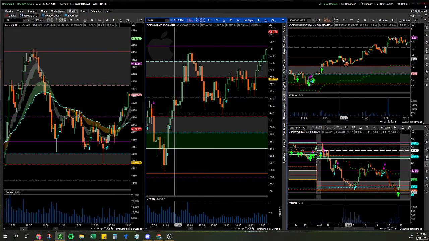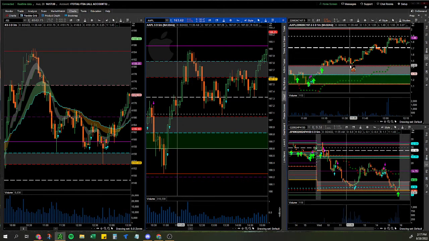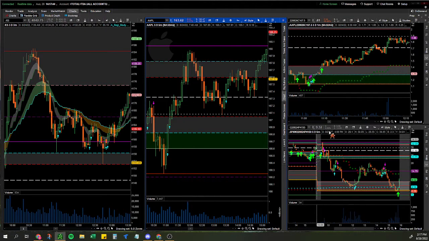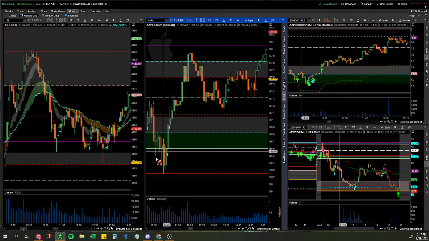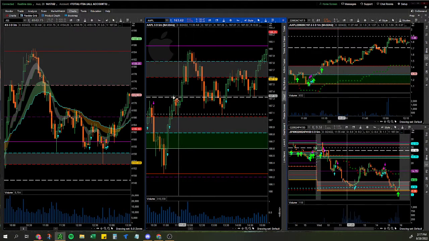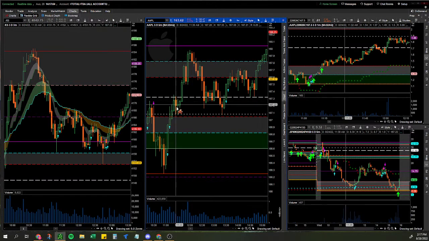And on that pullback, you can see everybody was dropping orders between $1.40 and $1.50. Bounces. Then it takes off from $1.40, $1.50 up to $1.90. Not the best risk reward, but if you are wanting to trade this and you miss this first pop, you can use these key levels as we should see a pullback,